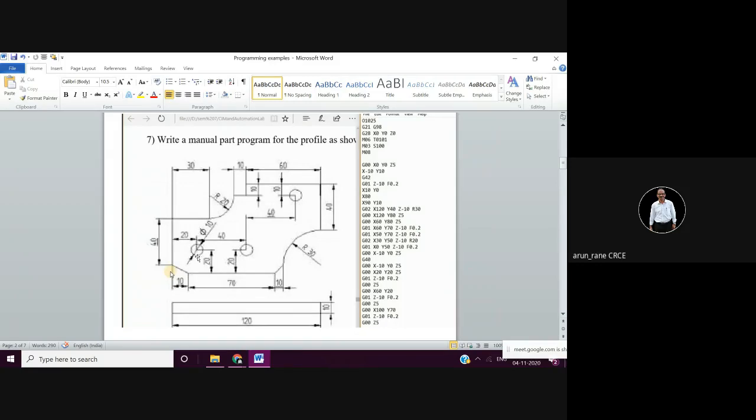So these are the assumptions which are necessary when you are looking into the practical aspects. You cannot simply rest it on a table, because when the cutter goes down, it's going to touch the table also, so it is going to cut the table also. So you have to keep the workpiece on a parallel block.